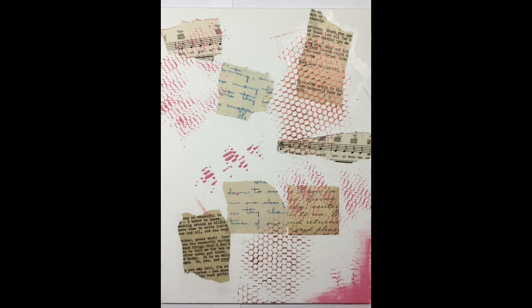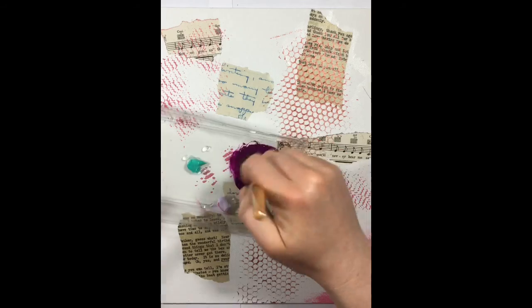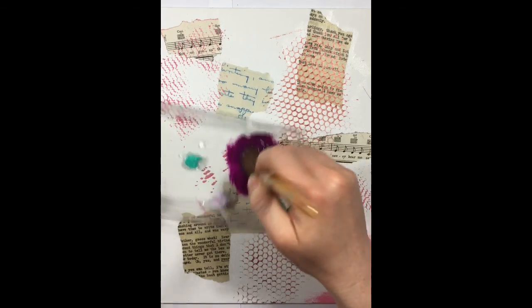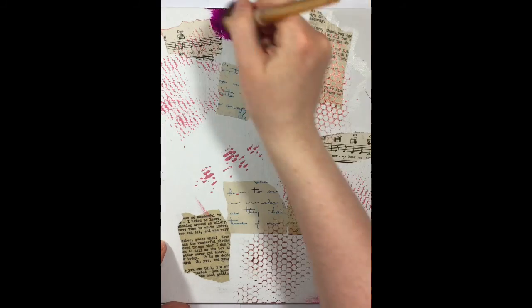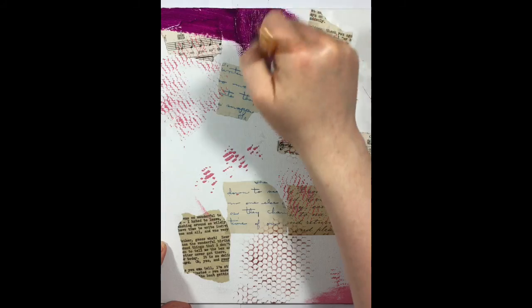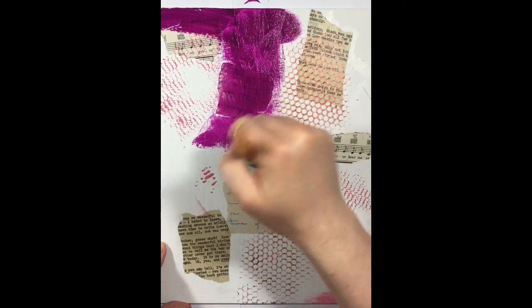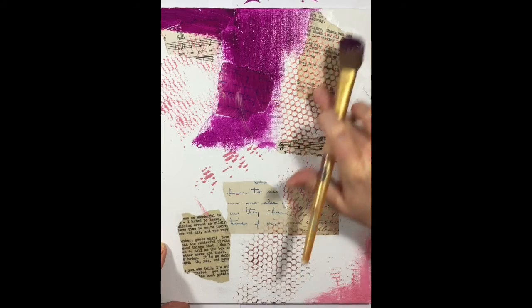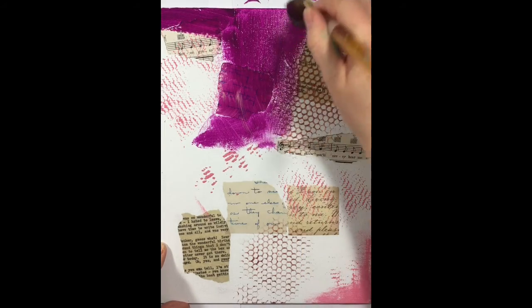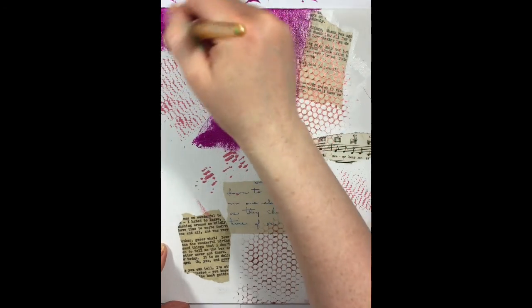Okay, so I'm also going to add some color with a color wash. And I did mix the retardant with this, and yes, again, I will be using the dryer, the heat gun later to get that to speed up. And the reason that I do that, see, this one is already dry. It just dries really fast, and you want a little bit of time to work with it. And that's why sometimes